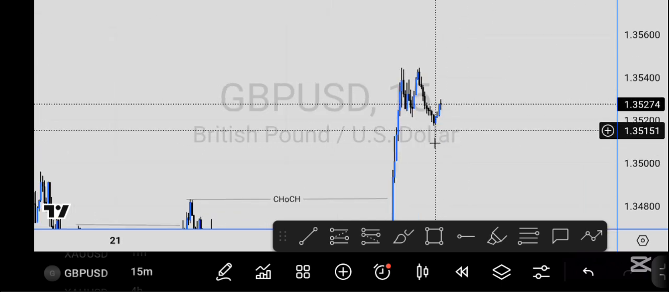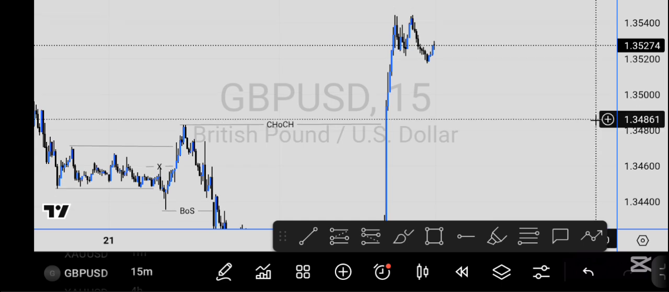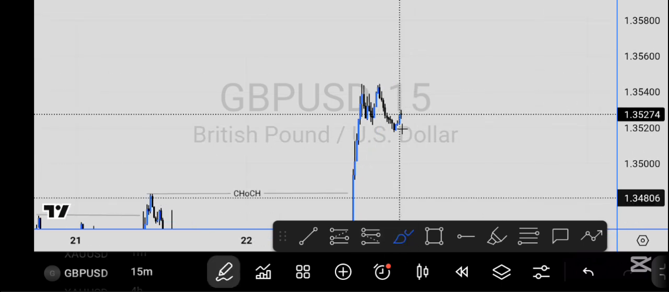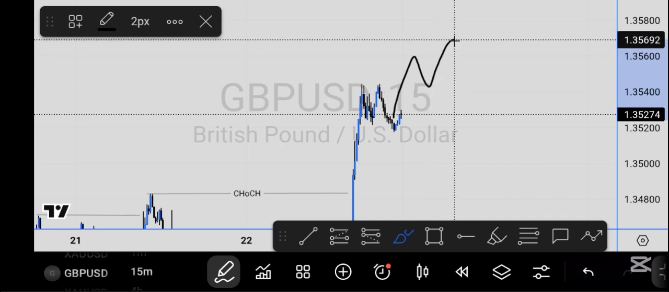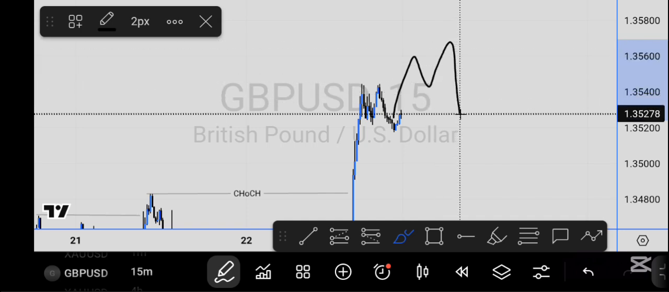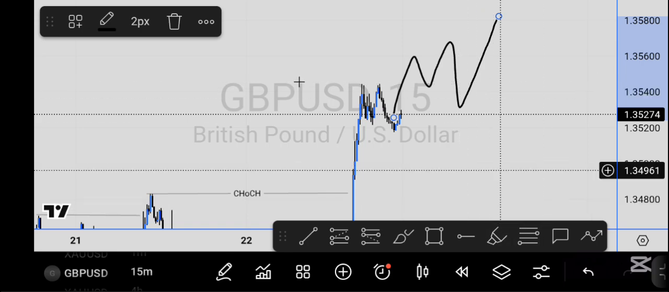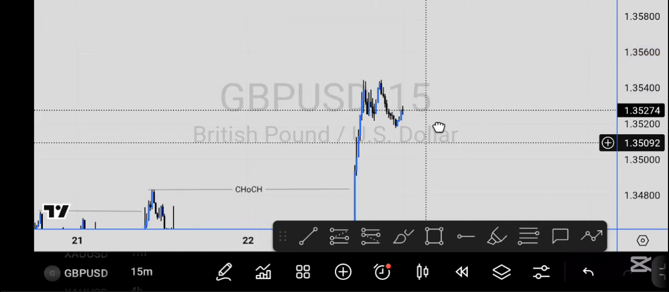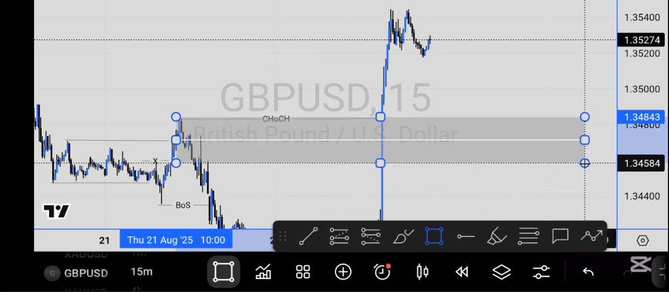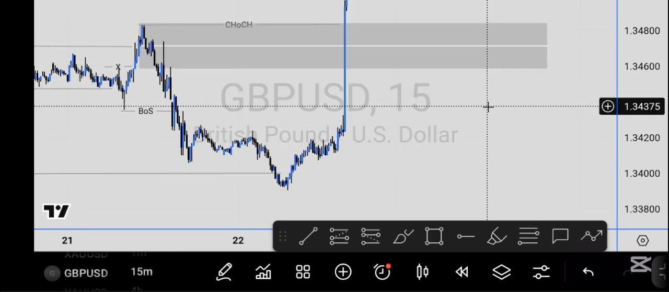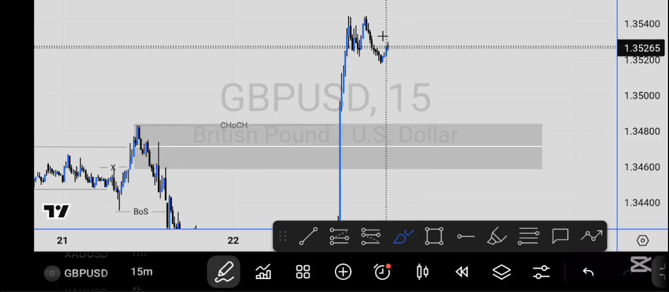So what do we need? Two things. It is either price goes up like this, gives us inducement, and then taps into any unmitigated POI and we keep buying, or price comes back to this order flow right here. You understand? So if price comes back into this order flow,